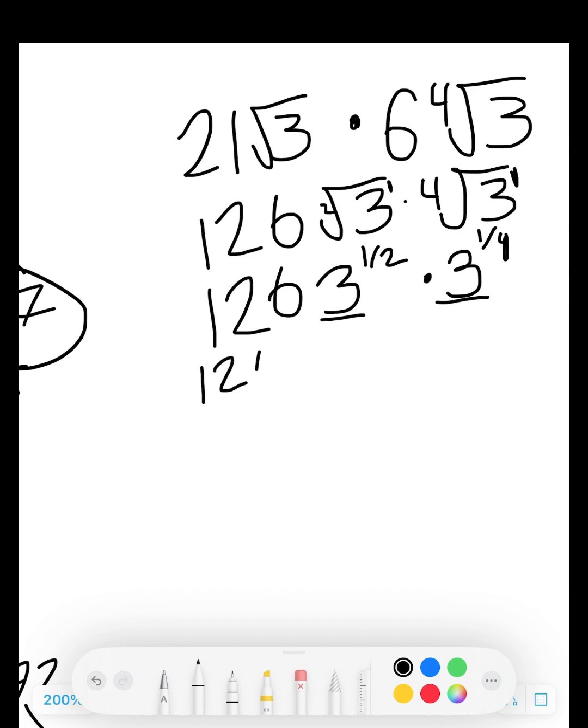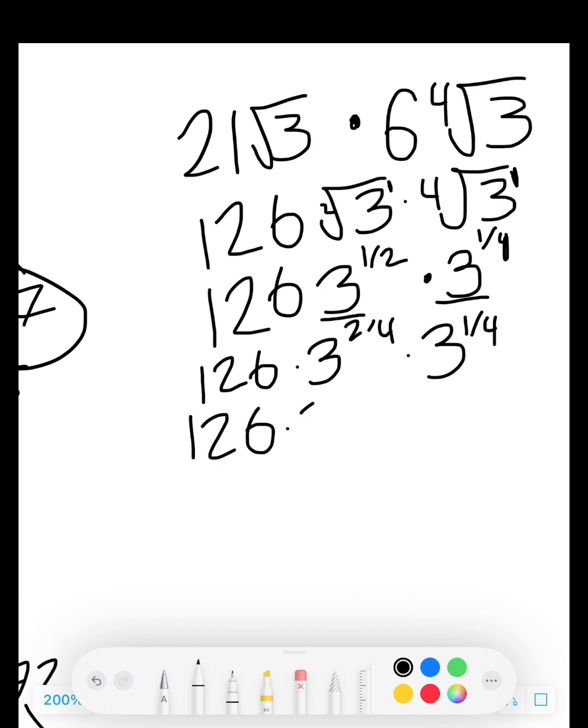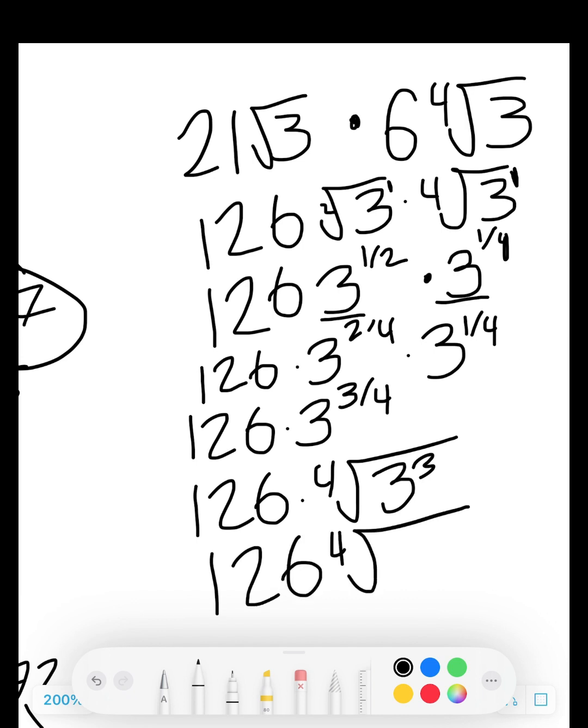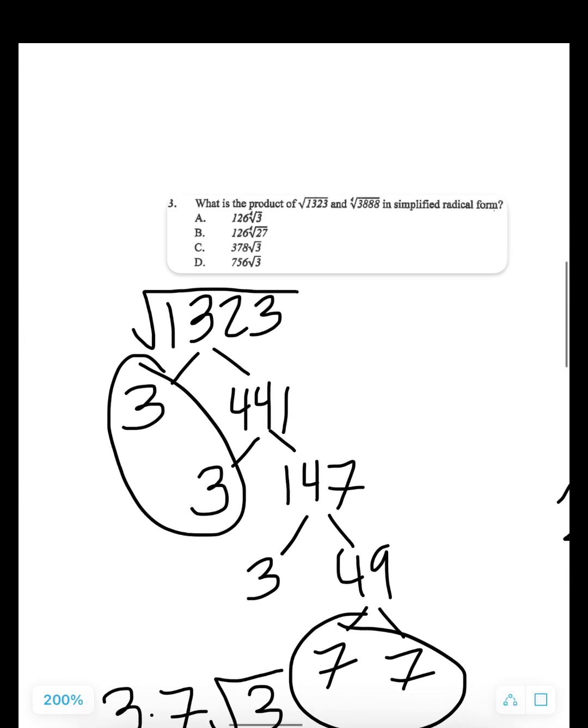So we have 126 times 3. When we add fractions, they need to have the same denominator, so this will be 2/4 plus 1/4, which is 3 to the 3/4. So that's 126 times 3 to the 3/4. Okay. Now we can rewrite this 3 to the 3/4 back into a radical form. So that's 126 times the fourth root of 3 to the third, and 3 to the third we know is 27. So 126 times the fourth root of 27, that puts our answer as